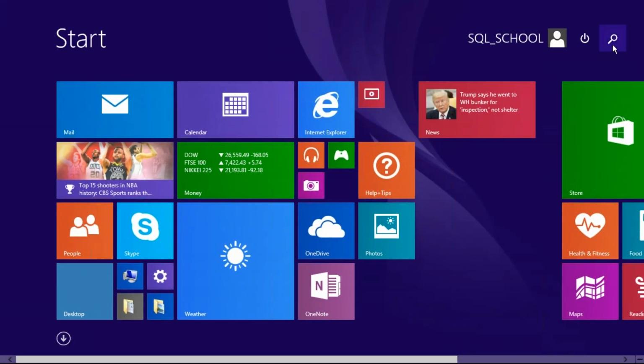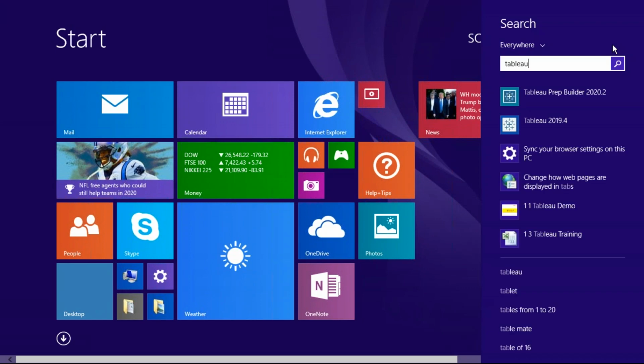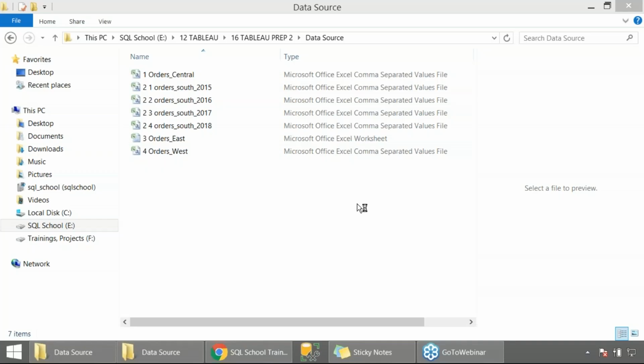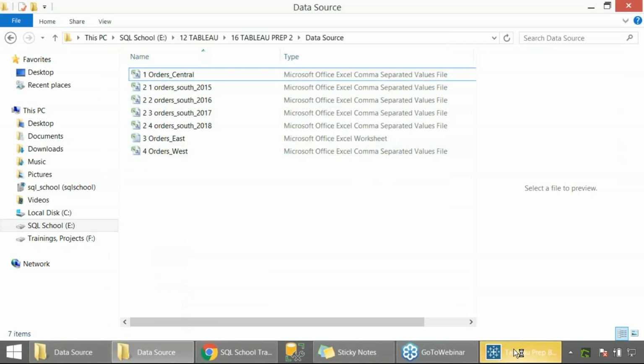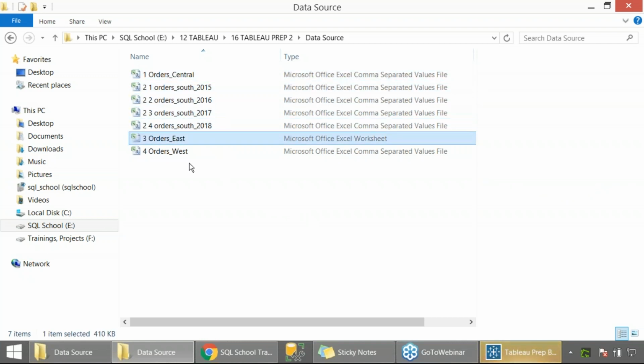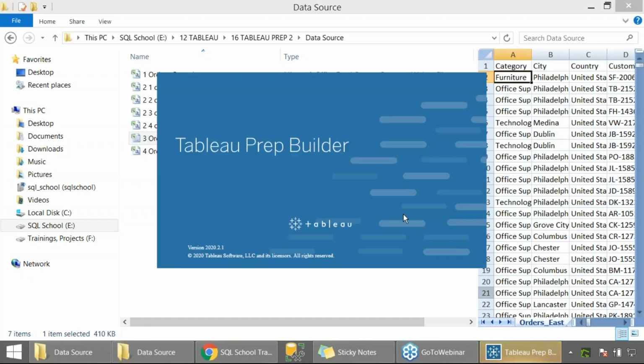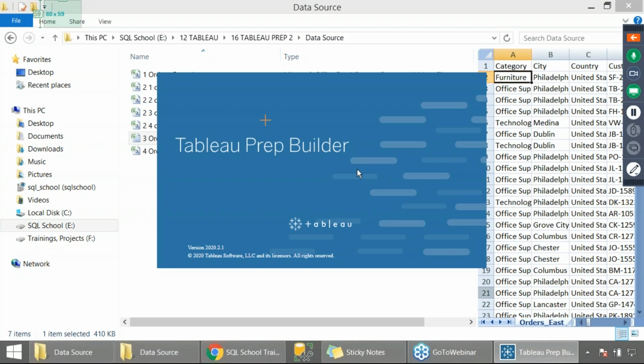All we do is launch Tableau Prep. And yes, we need multiple files, 1, 2, 3, 4, 5 and 6 different inputs. So let's get the Tableau Prep Builder.